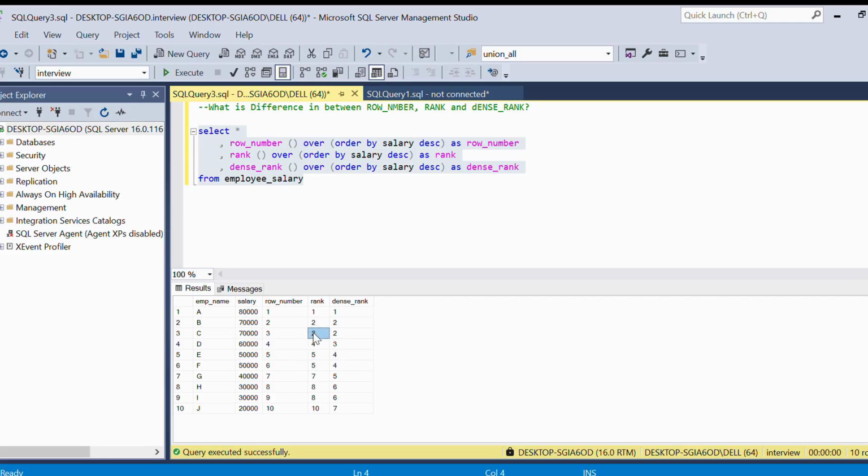You can clearly see we have a gap in between. It means between 2 and 4 it should be 3, but the rank function is skipping one row because 17K appears two times. So it assigns second, but it counts how many times duplicates we have, so it skips that number. But in dense rank, you can see clearly we have the third rank. It means for the duplicate records we get the same rank, but we don't have any gap before the next rank. So this is the main difference between row number, rank, and dense rank, and you can see it clearly.